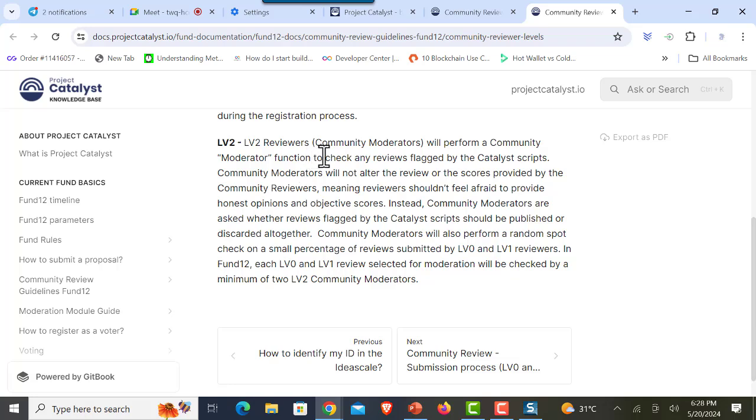So level 2 reviewers, that is community moderators, will perform a community moderator function to check any reviews flagged by the Catalyst scripts. And community moderators will not alter the review or the scores provided by community reviewers, meaning reviewers shouldn't feel afraid to provide honest opinions and objective scores. So instead, community moderators are asked whether reviews flagged by the Catalyst script should be published or discarded altogether. Community moderators will also